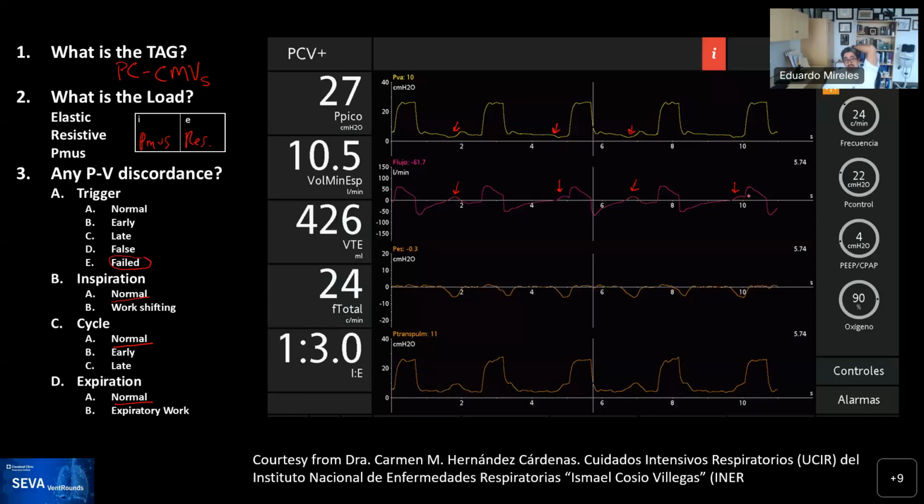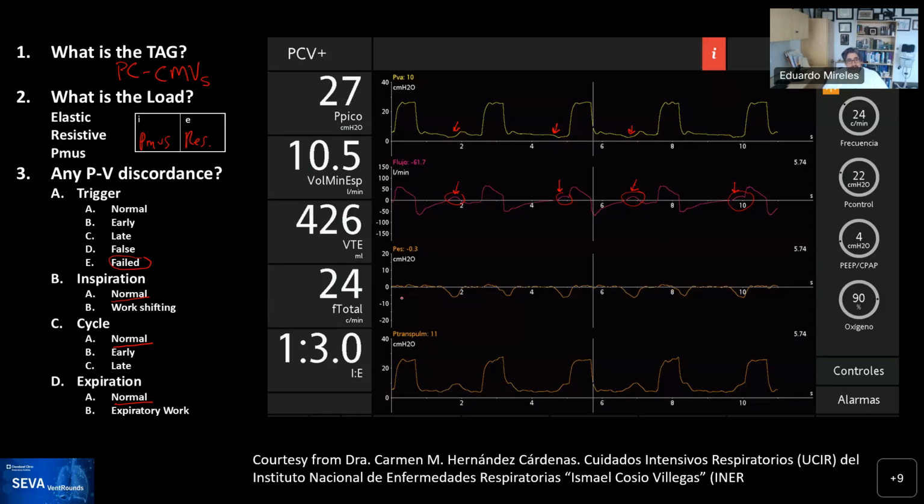And some of them are strong enough, actually, to cross the flow above the baseline. I mean, each one of them should have triggered a breath, and actually dropped the pressure below the set PEEP, which tells me that probably the trigger sensitivity was set too high, or the threshold was too high for what it could have triggered. And sometimes we see that when it's triggering too fast, and they think that this is auto triggering as the cause. So,